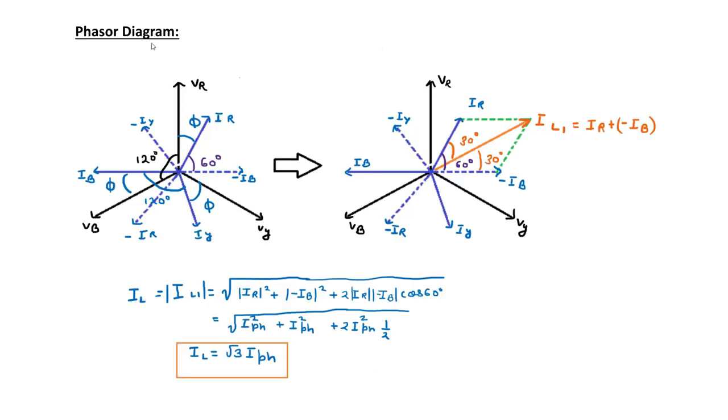So now we are going to see the phasor diagram. We all know that VR, VY, VB are 120 degrees apart from each other. And now we will draw the phase current. So basically for a generator circuit, voltage leads the current by angle phi. So we all know that this is your IR, and from this IR we will add plus 120 degrees to get this IB, and then again plus 120 degrees to get this IY.